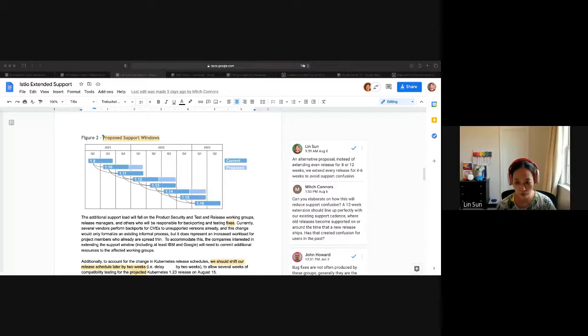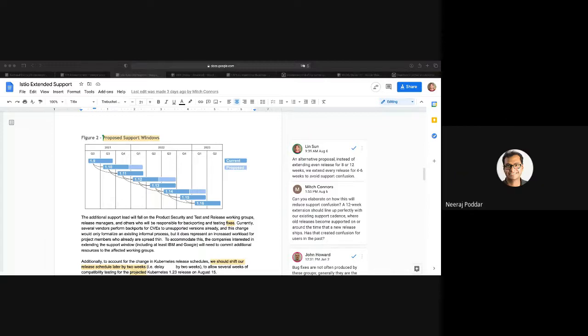Niraj? You have a hand? Yeah, so for product security working group fixes, if a particular older release is being supported by a vendor, most of the time, at least the vendors which are participating in that, we go and patch it just because it's needed. There's no point hiding it. For bugs, it's different.